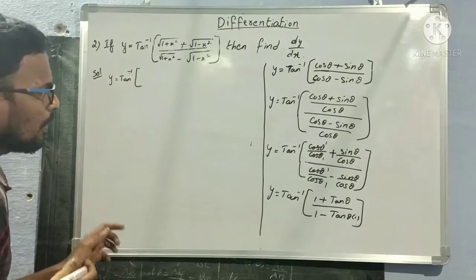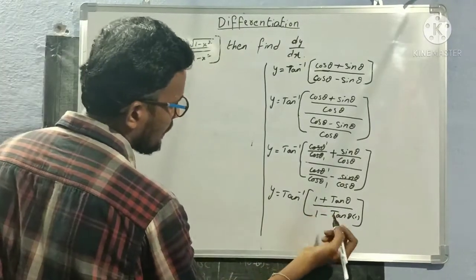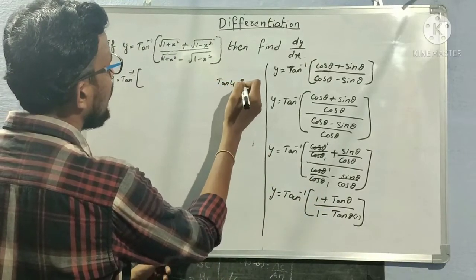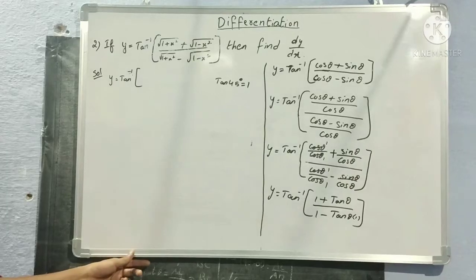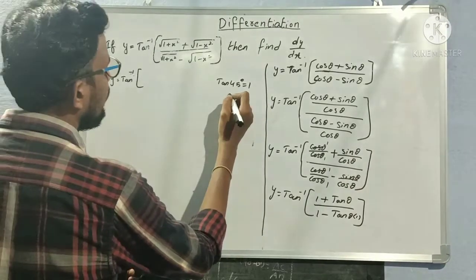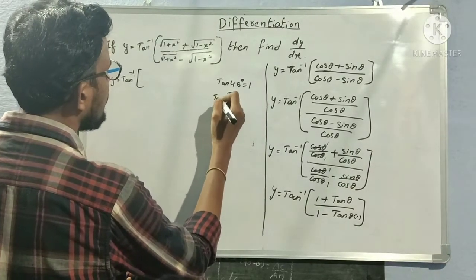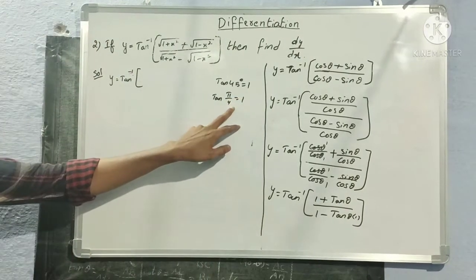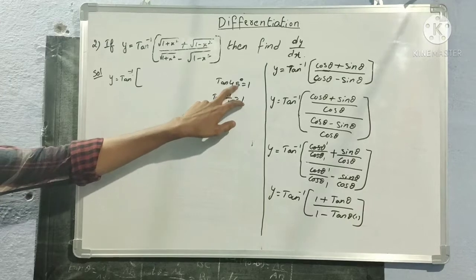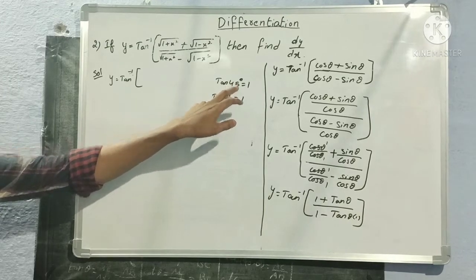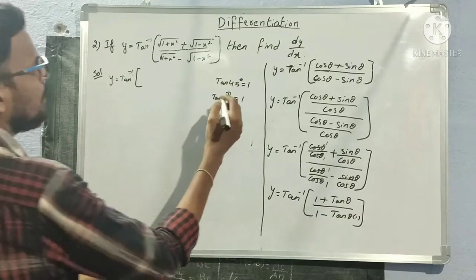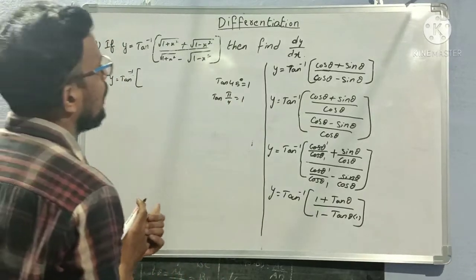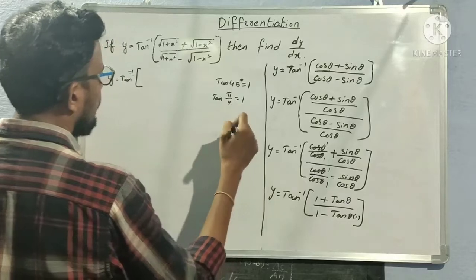Okay. So can I write 1 as tan pi by 4, which is nothing but tan 45 degrees? Is tan 45 degrees 1? Correct? Yes. So if I want to write in radians, I can write tan pi by 4 is equal to 1. Why? Because pi by 4 value is 45 degrees. Pi is nothing but 180. Sorry, 180, not 360. 180 by 4 is 45.